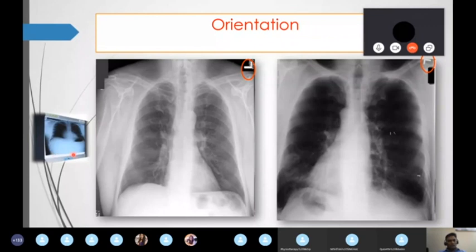Okay, because the heart should always be on the left side. Simple to understand: someone is standing in front of you like a mirror image. My right will be the left, my left will be the right. That is the best way to see the X-ray box. But keep in mind, don't completely rely on the labeling.